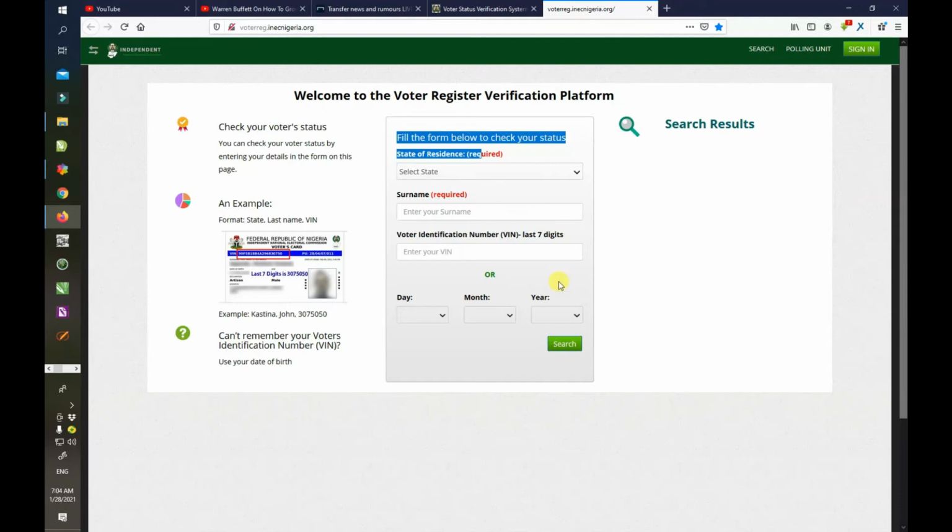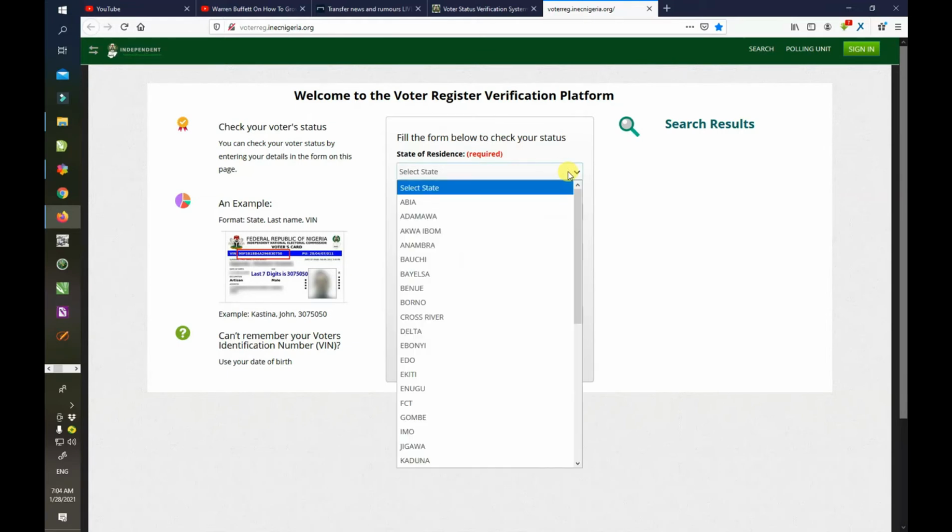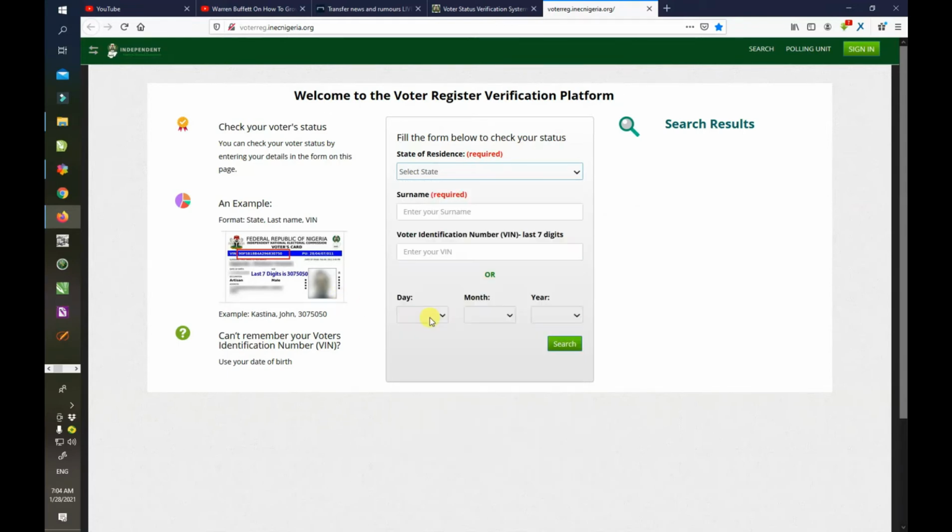There's a form here. You fill in the information here. The first information here is state of residence. It simply means where you registered, where you were when you applied for this registration. So I'm going to use Lagos, and then I'll put my surname,